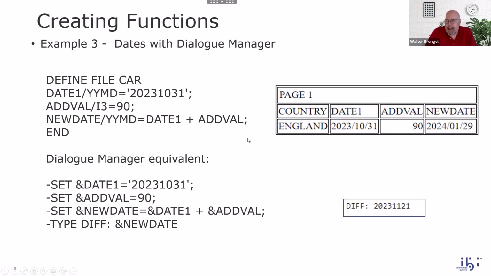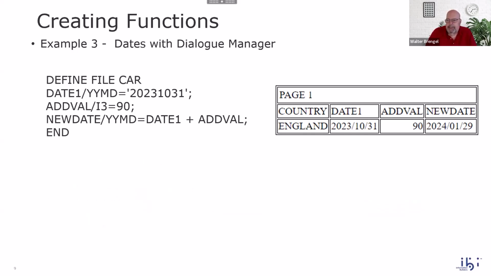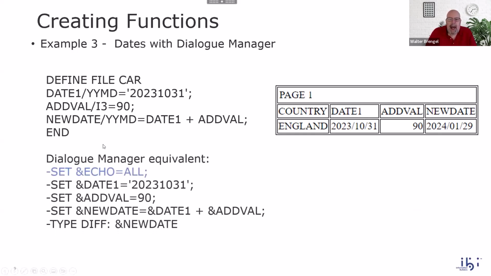When I run this time, though, I get 2023-11/21 as opposed to 2024-01/29. So why is that? Well, if I look at the echo of the Dialog Manager commands by setting echo equals all,